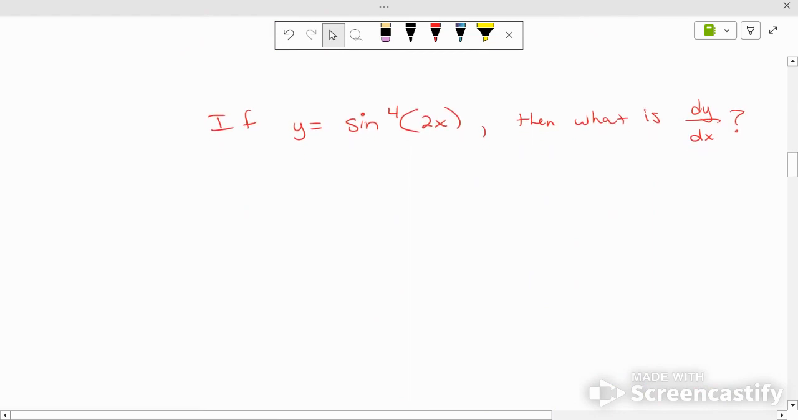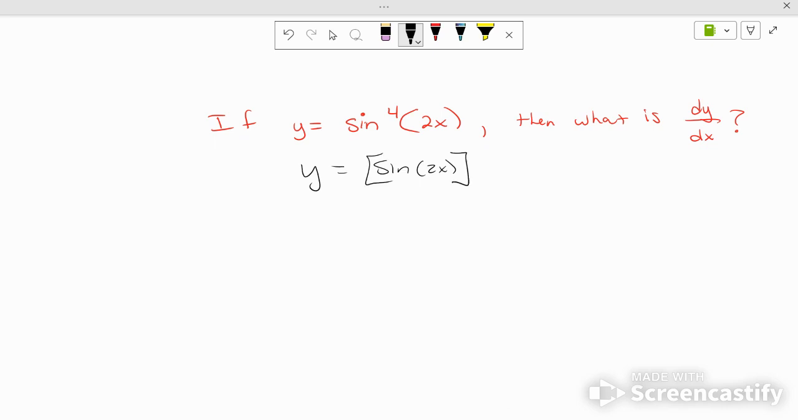What do you think we do here? Broken record, chain rule. It's a chain rule though, right? So this is y equals the sine of 2x, everything to the fourth power. Okay, so it is 4 sine of 2x to the third power times the cosine of 2x